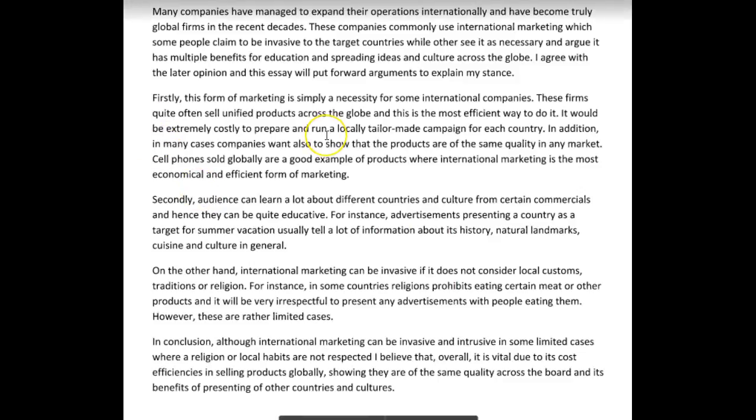So the first paragraph, that you believe marketing is essential, and you should also consider the counter argument that, on the other hand, international marketing can be invasive. It does not, because I like this argument completely. It's good. This should be expanded into a full paragraph, but at the end of this paragraph I would write,